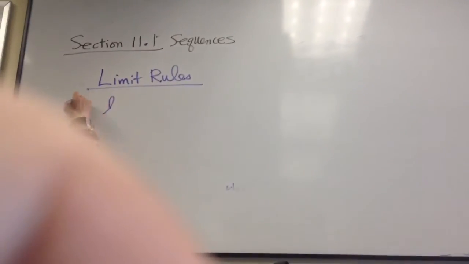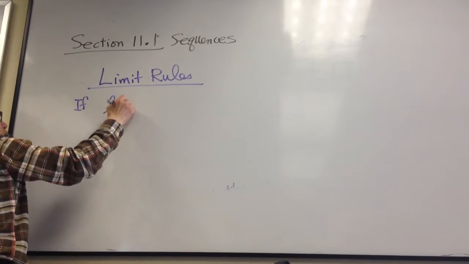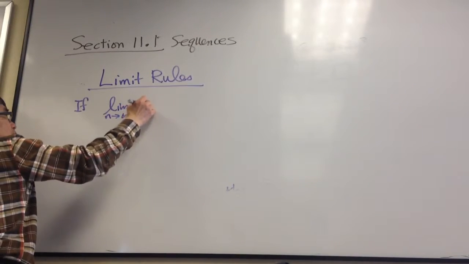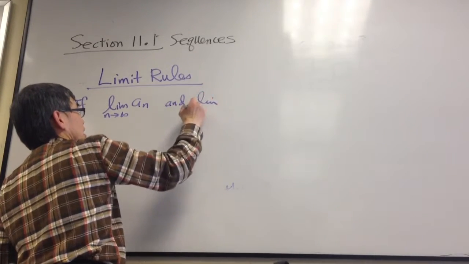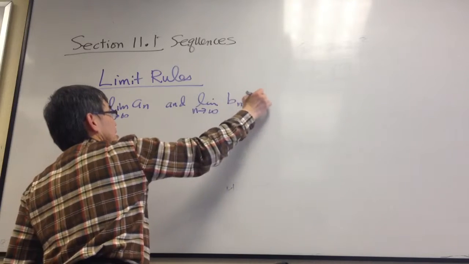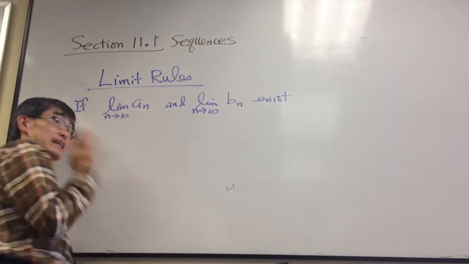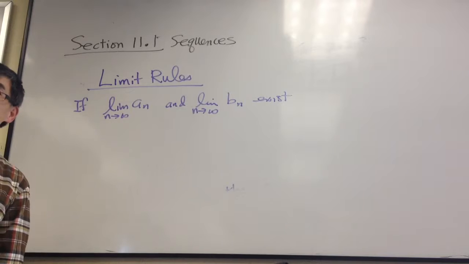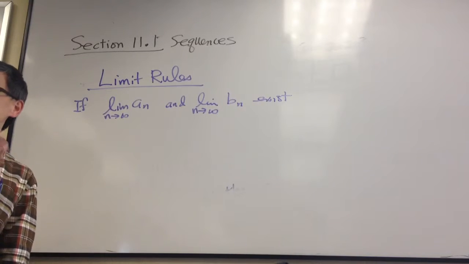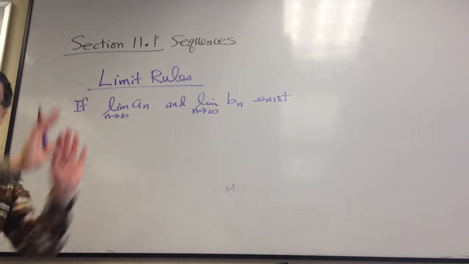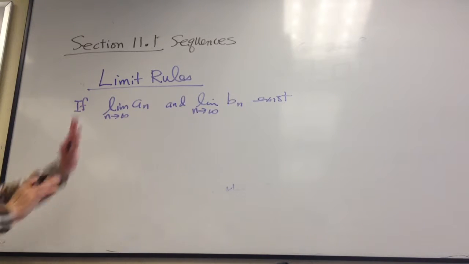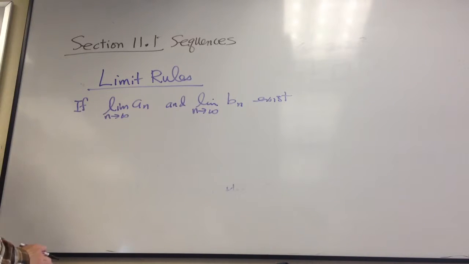So the limit rules go like this. If the limit as n goes to infinity of an and the limit as n goes to infinity of bn exist. By existing, I mean a finite number. You know, something like this limit is 3 and that limit is 4. Right? So I'm not talking about, say, this limit being infinity. That's not the case. So I'm talking about a finite number. Right? So if this exists,